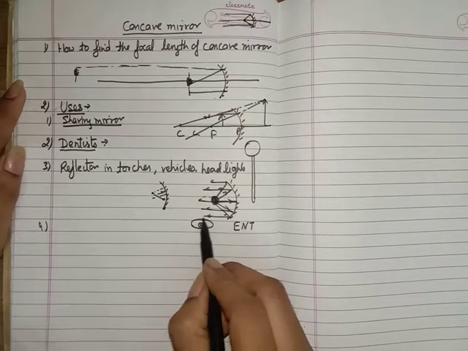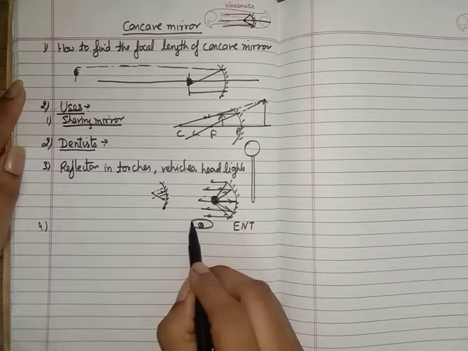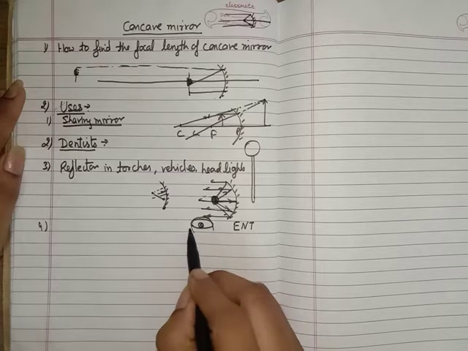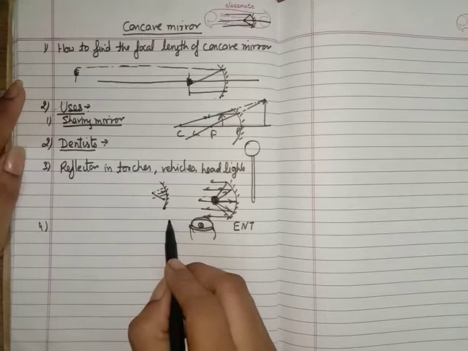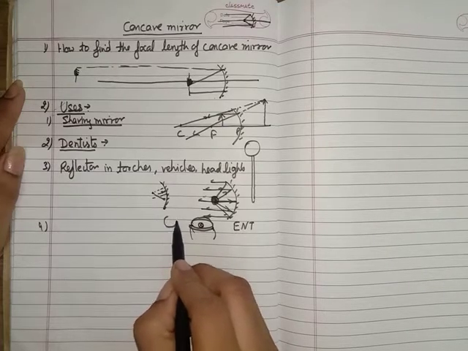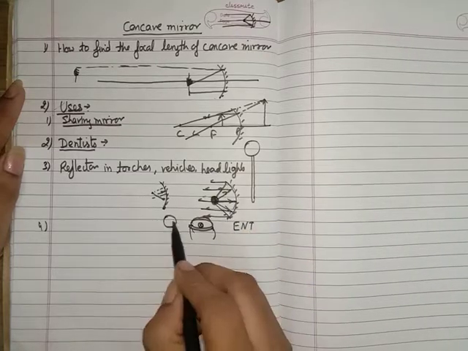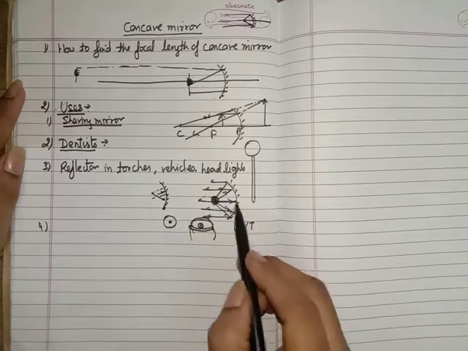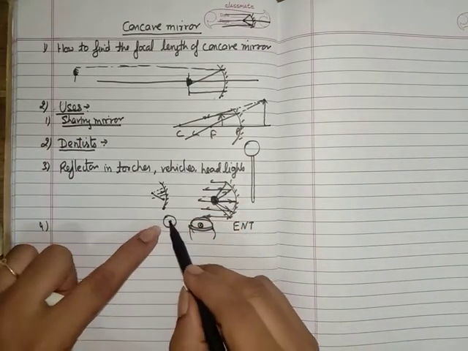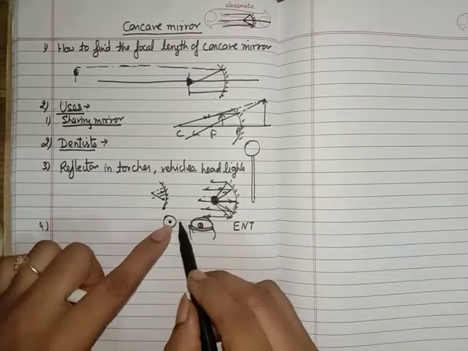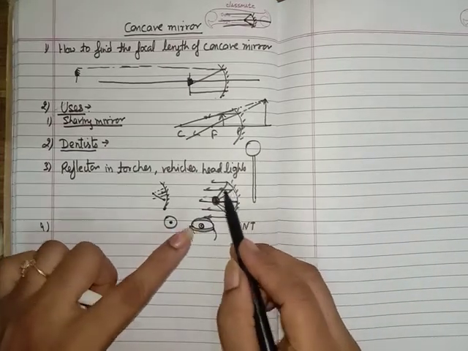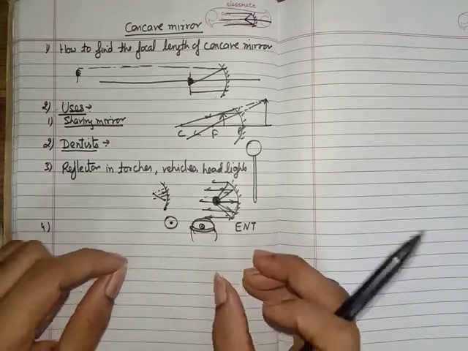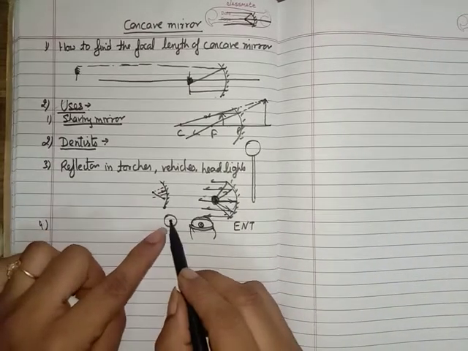Suppose this is the head mirror. This is the head mirror actually. This is the head of the doctor, and the doctor uses this head mirror. What is important about this head mirror? This head mirror has a concave mirror behind it like this one, and at the focus there is a lamp. So what will happen, like this one, the light which is emitted in the forward direction is used by the doctor, and the light which is emitted in the backward direction is also reflected by the mirror, so that the doctor can use all the light which is emitted by this bulb.